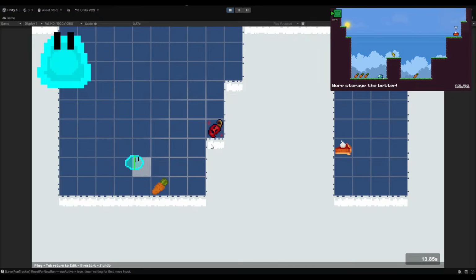Yeah, there's actually a lot of other things I forgot to talk about, such as the food animation, which is subtle, but you can kind of see it. So if I pick up food, boom, the food goes in the slime. And I think this is going to look cool. Like you actually hold the food on the slime. So that should be very nice, slight extra visual cues, which I think could be pretty cool.